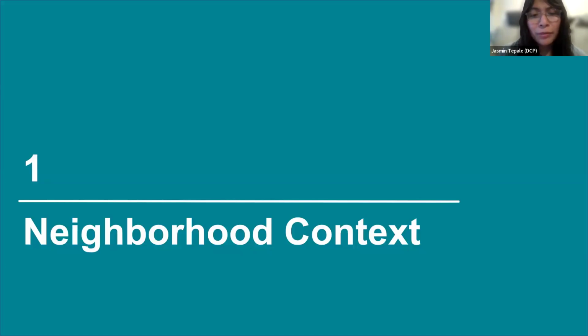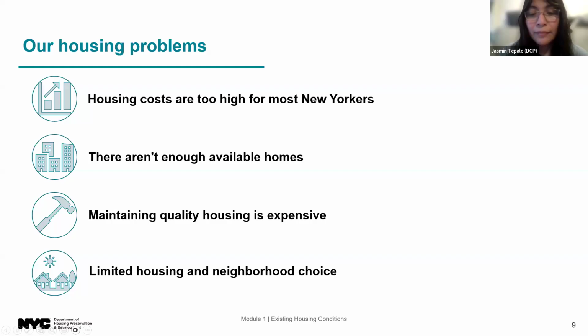But before we dive into some of those tools that we have in our toolbox, we want to talk about how the city overall supports housing and just want to put this conversation in context. Next slide. And so, as many of you know, and probably experience yourselves, the entire New York City has overlapping housing crises. We want to walk through how these crises relate to Jamaica and the neighborhood plan, because much of the struggles many are facing in Jamaica are just happening across the city. Next slide.